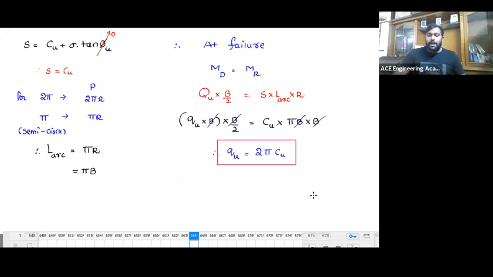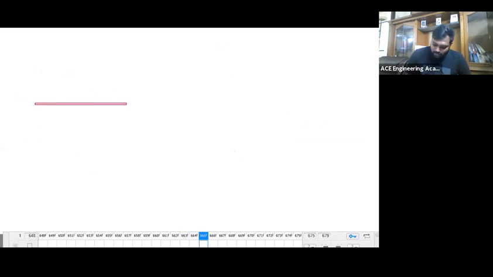I already told you I don't discuss the same questions from previous GATE and ESE. I want you to look over the other dimensions also. Now I hope you got this. The same way Terzaghi also did. So Terzaghi assumed, if this is a footing,